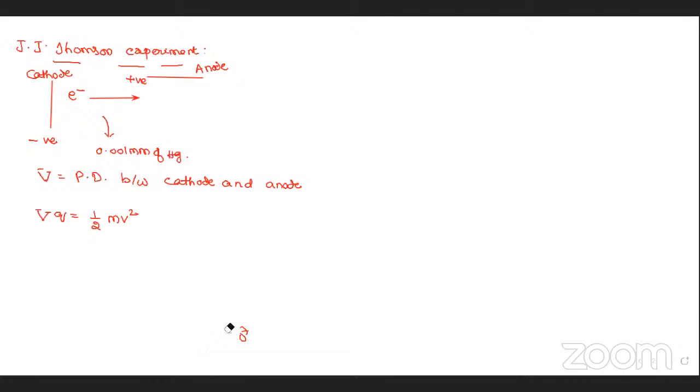Then we ask, sir, we know the values, that's why we calculated here, and we found finally they travel with a high speed. Without knowing those two values, how did J.J. Thomson conclude the electrons travel with a high speed? He changed the position of the anode. If the anode is here, they move towards the anode. Actually they should travel like this, towards the anode, right? But they did not go that way. Then he got a doubt, because changing the direction of a high speed electron is not easy.